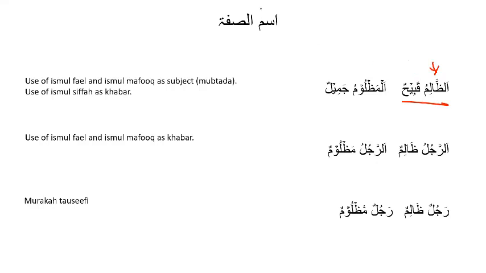So what sort of an ism is it, and what's the translation of this sentence? Az-zalimu qabihun. So Dr. Ghani, why don't you tell us? Qabihun means, I'm not sure what Qabih means, ugly. It's an ismul sifa. So qabih is ugly. The answer is ugly. The zalim, the unjust man or the unjust person, is ugly.